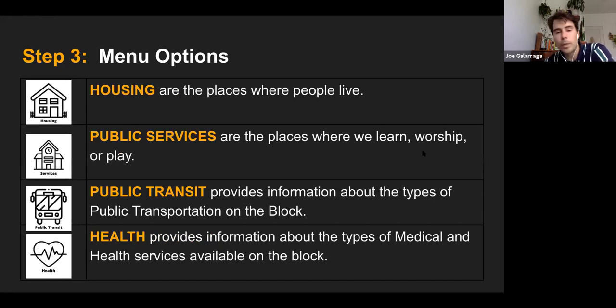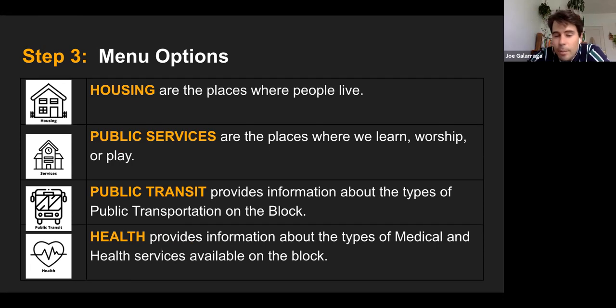Housing covers the types of places where people live: apartments versus freestanding homes versus row homes. Public services are the places where we learn, worship, or play. Even though this is dubbed public services, they were also talking about places of worship, where any sort of private company might also provide a service.